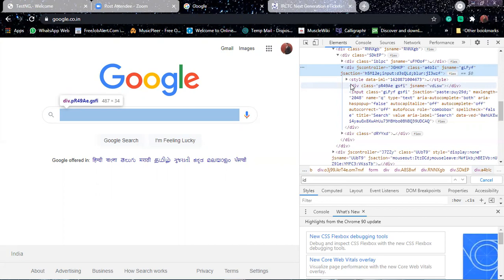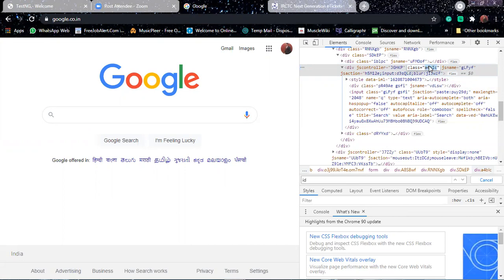I can use this particular location. I can write an XPath for this. Now, what is the class attribute for this div, the city attribute? Copy that.